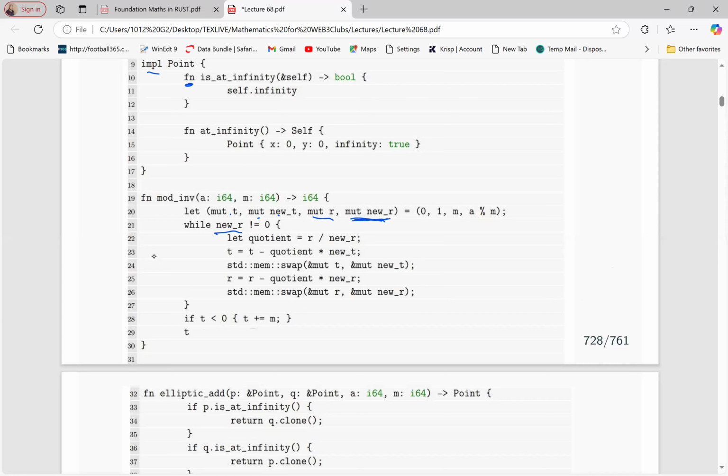And this new r, you made it the remainder of a on division by m. It means by saying, while new r is not equal to 0,